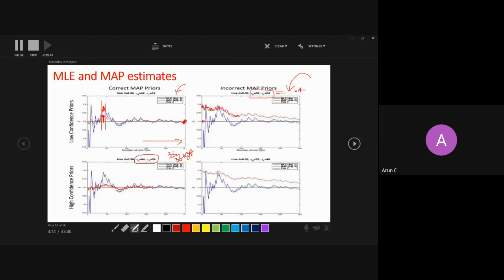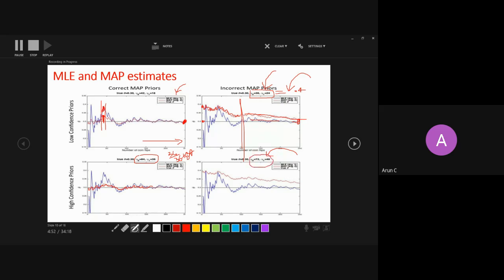And maximum likelihood estimation, as always, is a case of overfitting. So you can't trust it too much for a small number of trials. But when you go beyond 100 trials, then they start converging towards the true estimation. And at some value, they will almost come to each other with a certain degree of error, right? This is a wrong belief with less degree of certainty. This is a wrong belief with higher degree of certainty, right? You have taken the same 40% ratio, but with a higher belief.